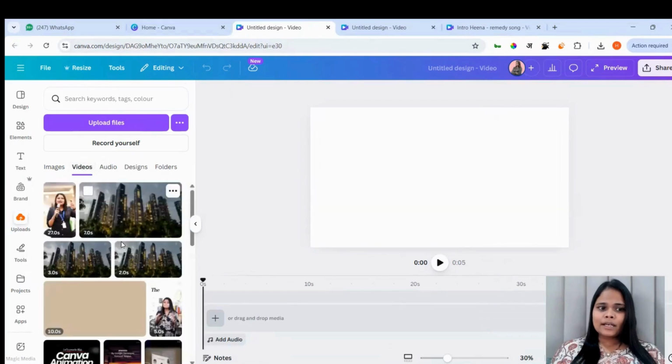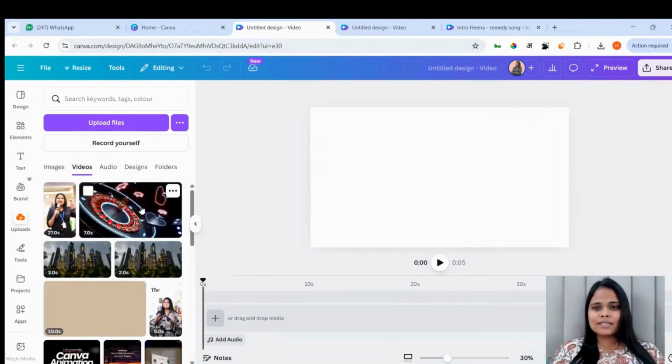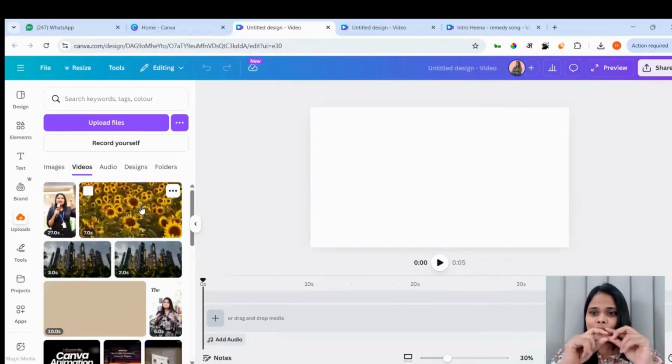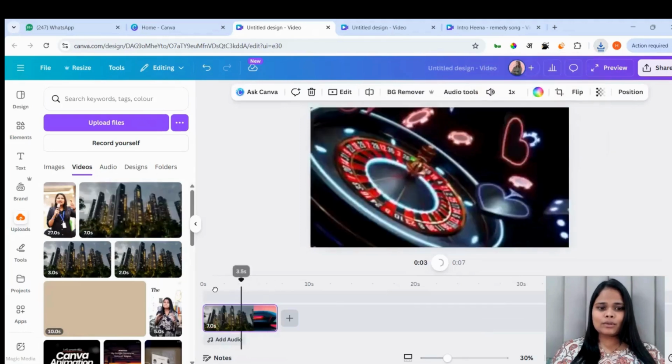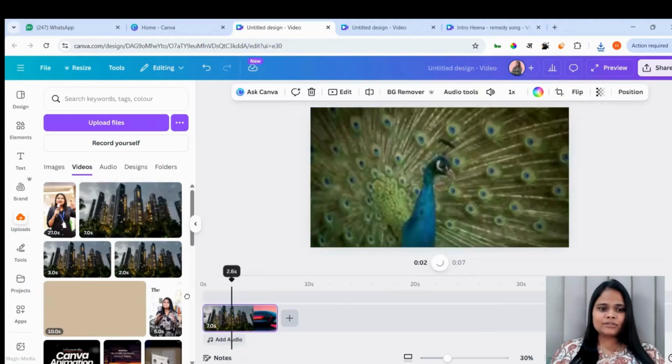Okay, I'll just upload a video which has more pictures, which I have created for 7 seconds. So I'll just add it over here. You can similarly add more pictures and create a longer duration clip like this. So this is our background. I have added the background which we have created just now.